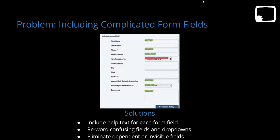So the less you do that, and the easier you make it for the user to see what they see is what they get, the less they have to be interrupted during the process of trying to do what you're asking them to do. So for example, to give you guys an example here, this is an example from a client of ours, and when we noticed this